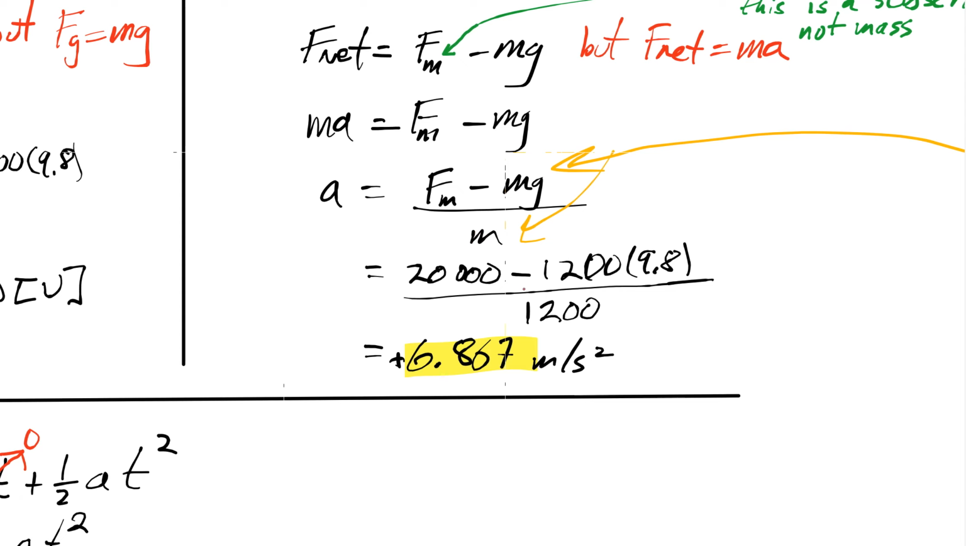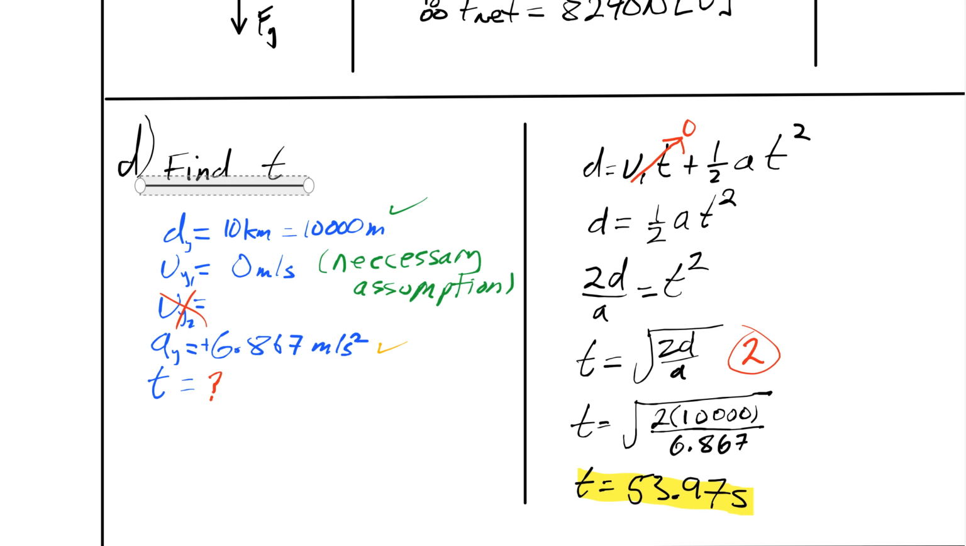In any case, substituting our values in now, we get an acceleration of positive 6.867 meters per second squared going up. Moving on to part D. In part D, we're looking for the amount of time it takes to rise to an altitude of 10 kilometers or 10,000 meters. Well, we know that it's accelerating, so we're going to have to make an assumption that we